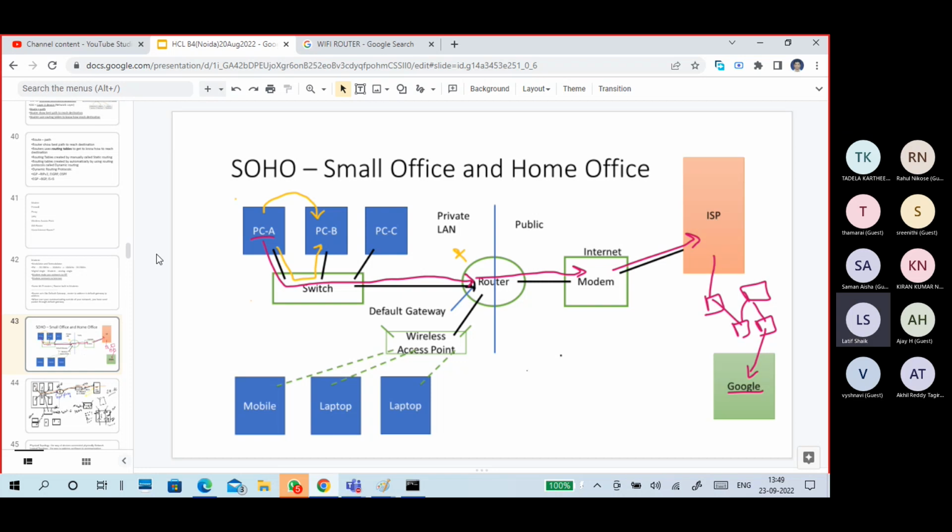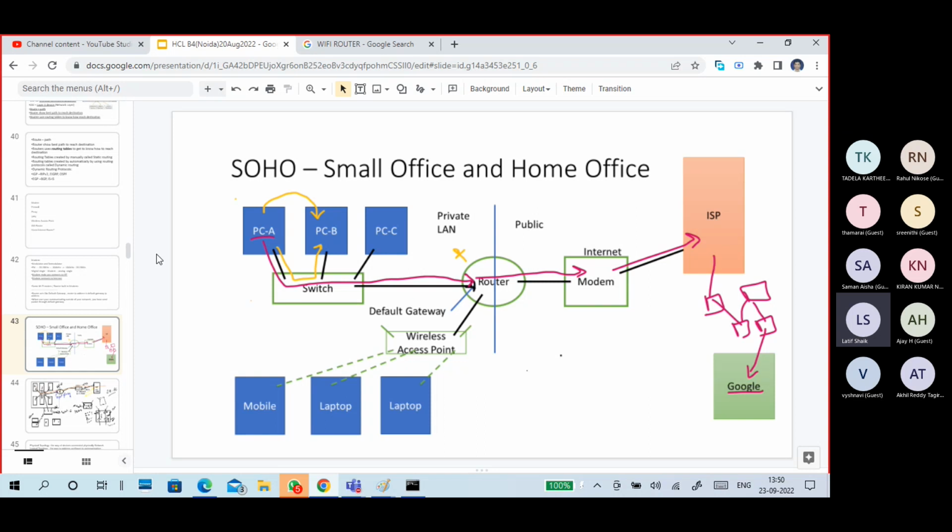The modem passes that connection to your router. The router distributes this internet using NAT and PAT techniques. If you have wired devices, you use a switch, and through switches we can distribute internet